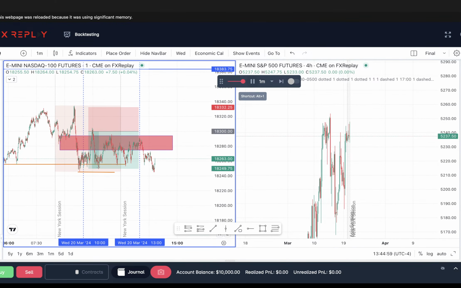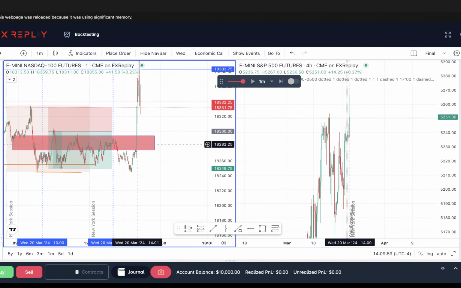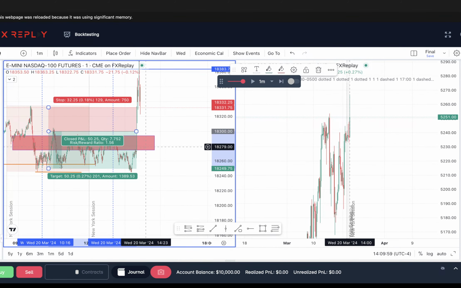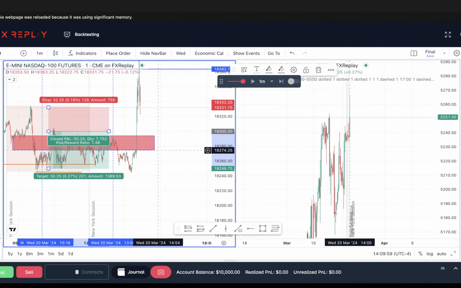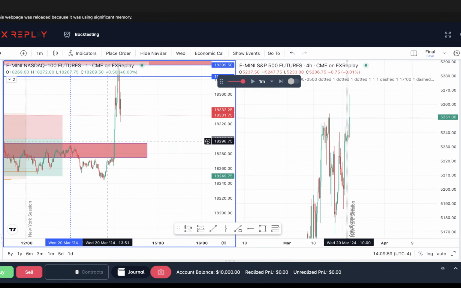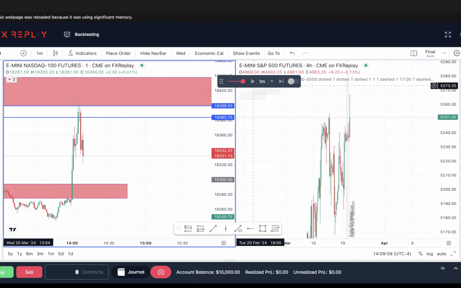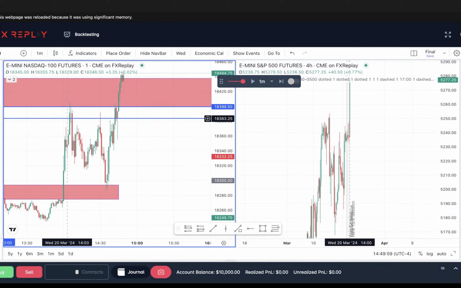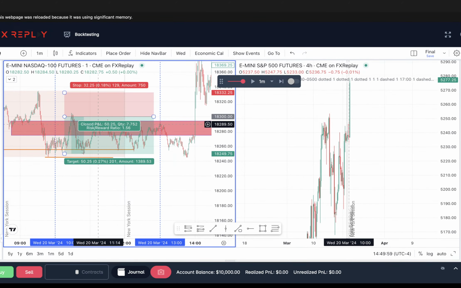Let's see if it runs down, and I'm just being impatient. Oof, news. That's news, so you want to be out of a trade before news. As you can see, that's 2 o'clock news. So you would have sold right there before the news candle if you didn't sell before any of these. That's why I don't like trading past 1 o'clock. But if there's news, just be out before and then trade after news. Like trade the reversal after news. Yeah, this reversal or that reversal. But again, I don't trade the afternoon. But that was a not terrible trade.